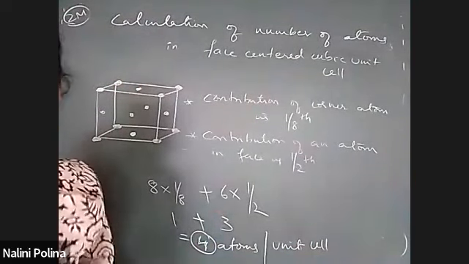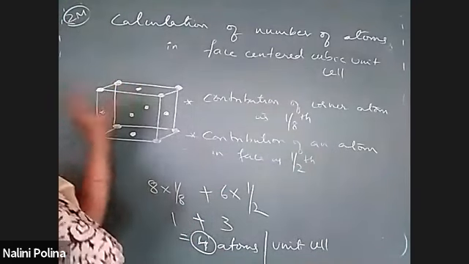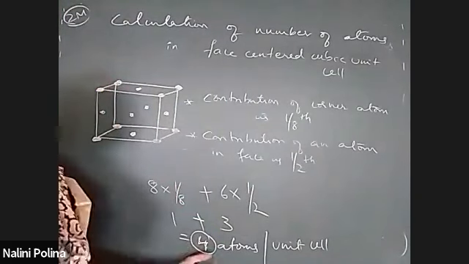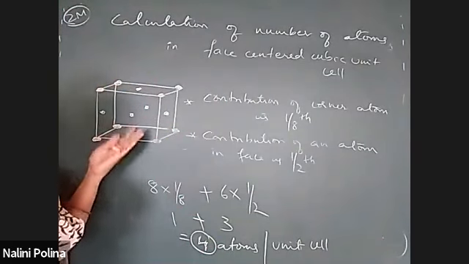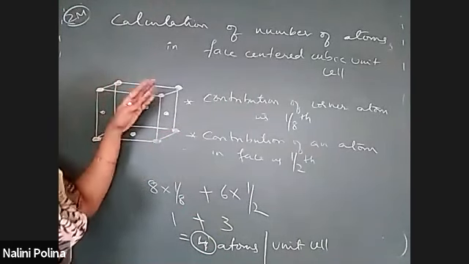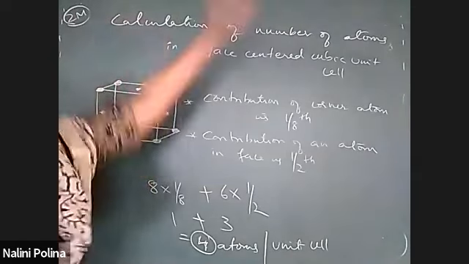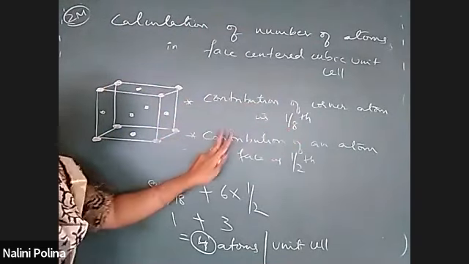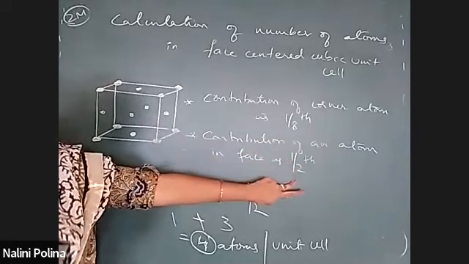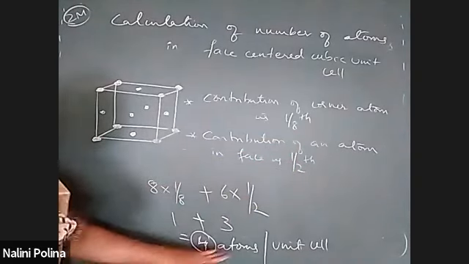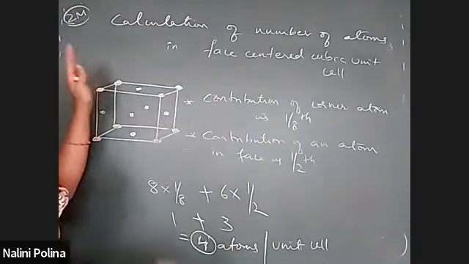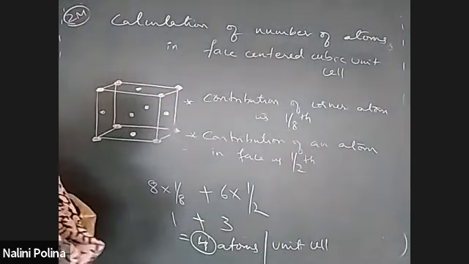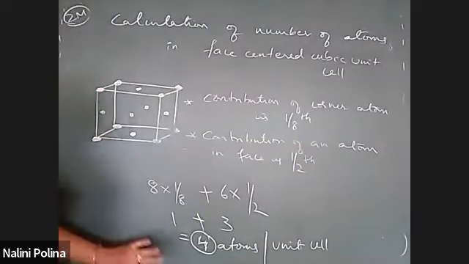Right? So these numbers are very important to understand. In one face centered cubic cell, altogether it is only 4 atoms. You may see a lot of atoms, but all of them completely will not belong to the same unit cell. They are shared with other units. That's why the contribution of corner atom to one unit cell is 1/8. Contribution of atom in a face is half. So if you calculate all together, you will get 4. So it means that only 4 complete atoms belong to one unit cell of face centered cubic unit cell. Okay, so this is how you have to calculate.